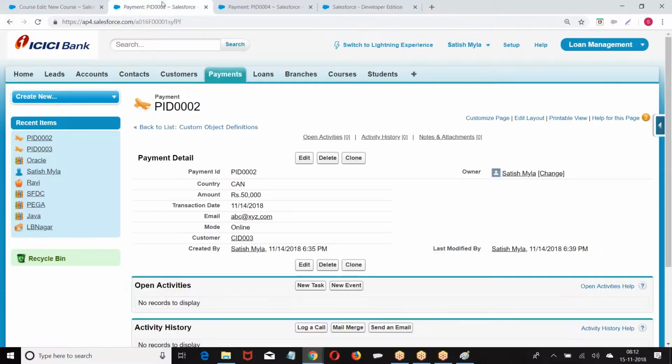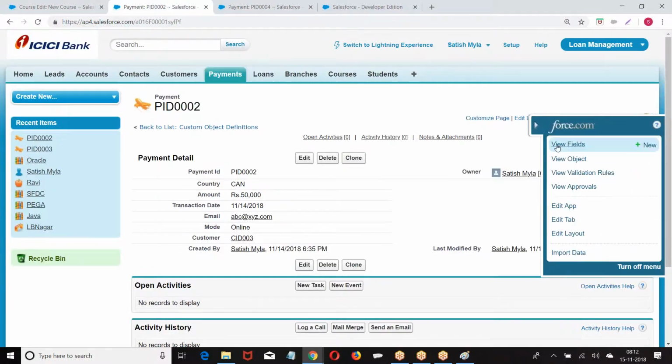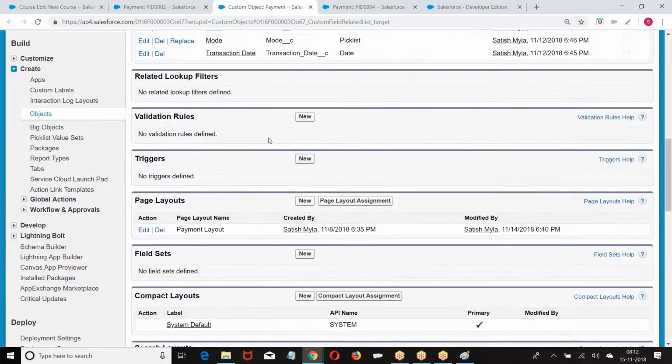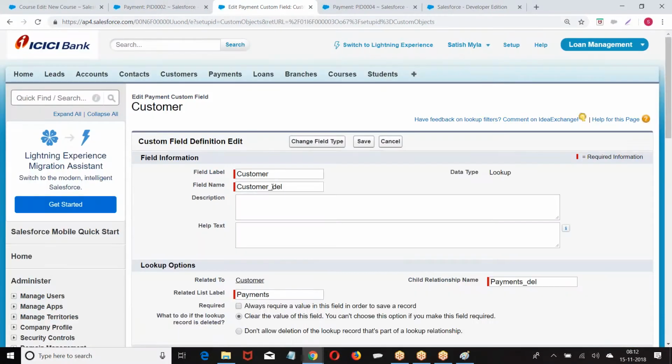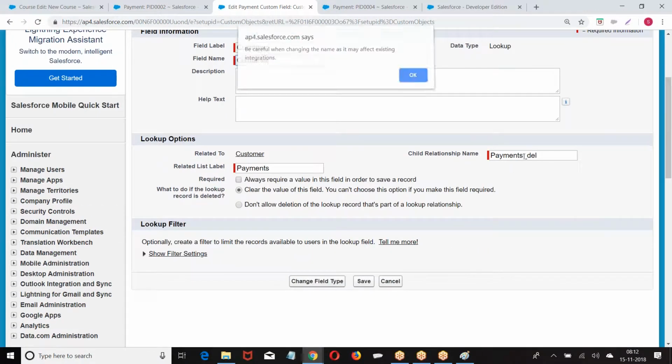Now there is a record whose value is not entered.